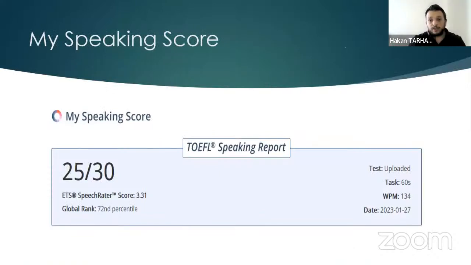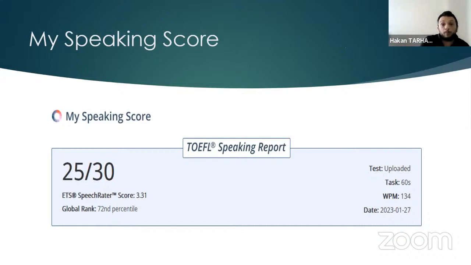So, final notes on the speech. Rob mentioned some great advice on tools and practice strategies for test takers. I am delighted to share that you can access most of them on one single platform. On the score report page on My Speaking Score, you can see your SpeechRater-score, your estimated speaking score out of 30, your rank within the entire population. For example, our better performer, second audio in the demonstration, she was in the 72nd percentile in the entire population,